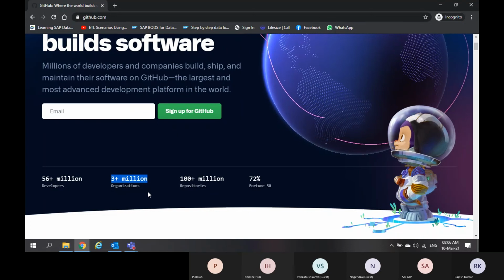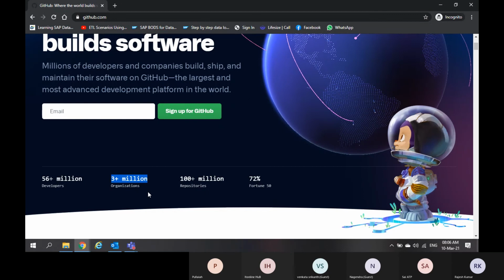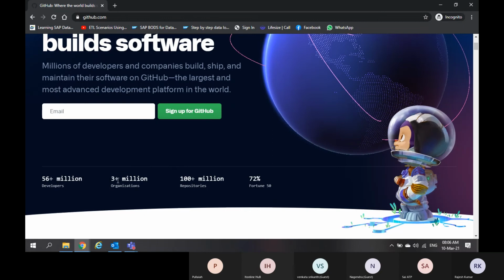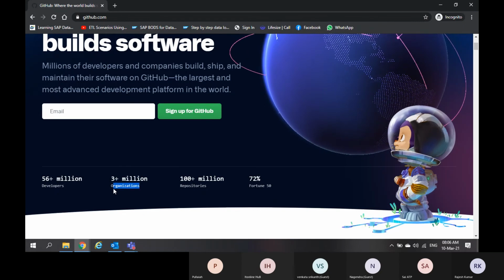In your entire experience, maybe you have 30 or 40 years of experience, you will not know even 100 company names. But in our globe, we have 3 million organizations which are part of GitHub.